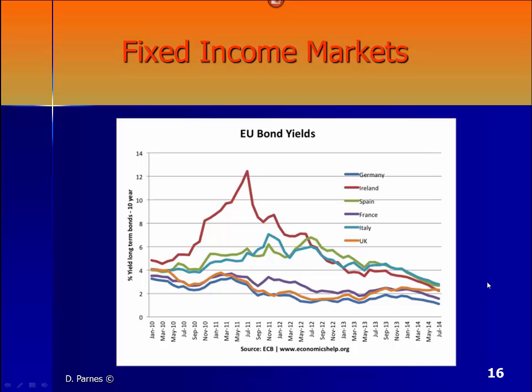European bond yields, more examples for different time periods. This is for slightly later periods, from 2010 all the way to 2014. You can see European bond yields for Germany, Ireland, Spain, France, Italy, and the UK. Ireland here, this is a graph that accentuates the problem in Ireland, that the yield is much higher. Obviously that is a problem, because whenever a country is issuing bonds with higher yields, it means that they just have higher risk. So people assess them as a higher risk country. That's why they have to compensate their investors and pay a higher yield.